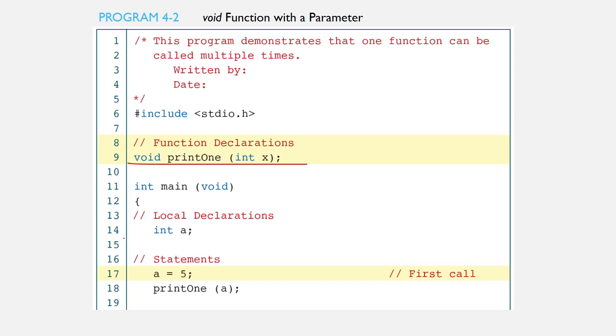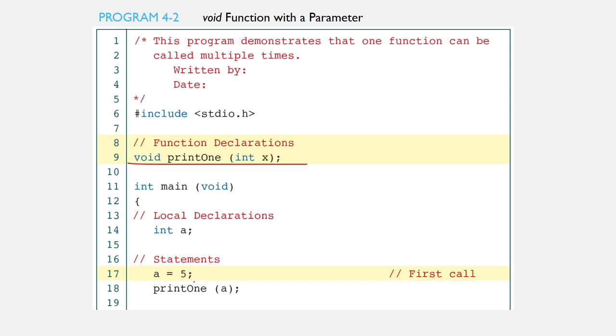Line 14 is the local declaration of the variable a of type integer. Line 17 is a statement which assigns an initial value of 5 to a. Line 18 is a function call of the print1 function, passing the value of a as the actual parameter.